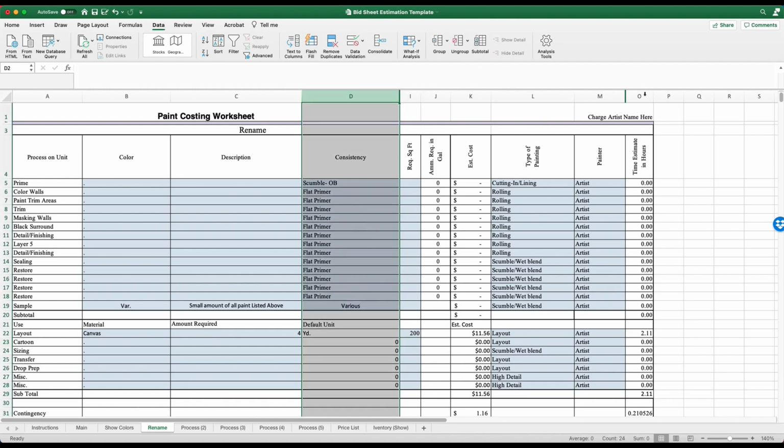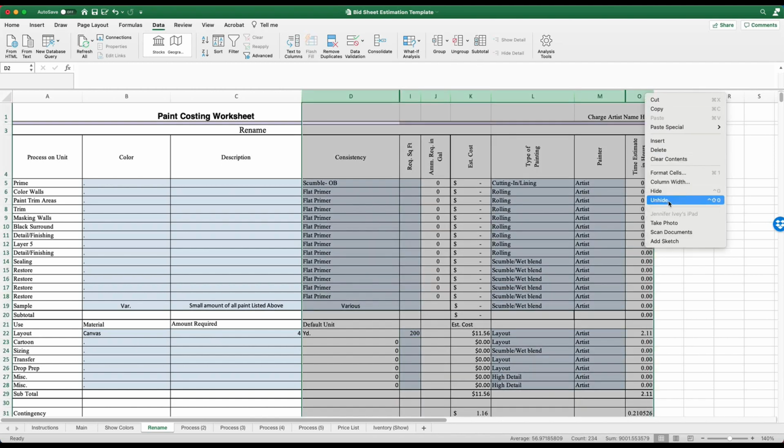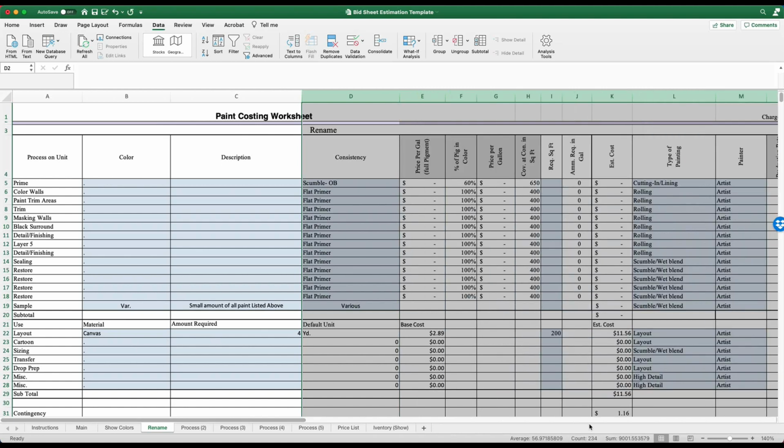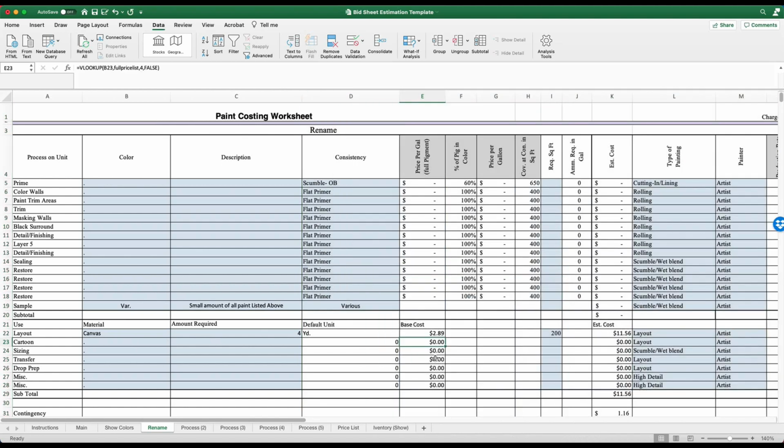I'm going to go ahead and unhide my math columns. What you're going to see is down here on this lower part, we have one hidden bit of math, which is a VLOOKUP, which is telling the computer, hey, look at B22, look at that drop down list and go to the full price list that's on the price sheet and give me the value that is in the 4th column. That places it right here, and then I can do math with it once this